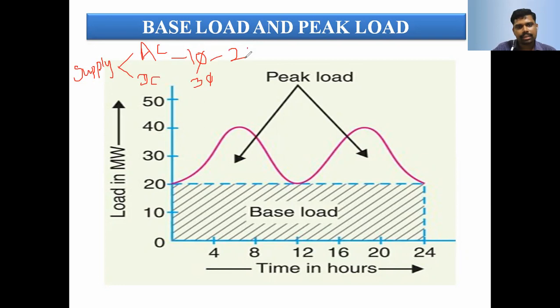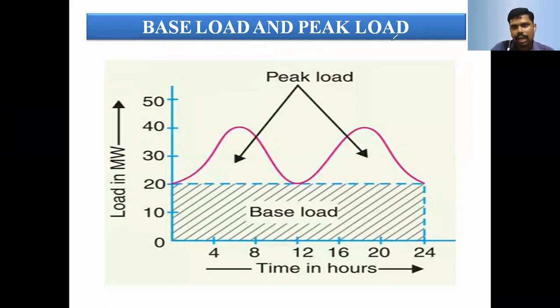Single phase system means 240 volt, 2-wire system. Three phase means we represent 440 volt, three phase, 3-wire or 4-wire system. The 4-wire system is taken for distribution purposes. For industrial consumers, the 3 phase, 3-wire system is taken. For agriculture and irrigation purposes, the 3 phase, 4-wire system is taken. But in all the places the load is maintained constant, that is base load and then peak load.